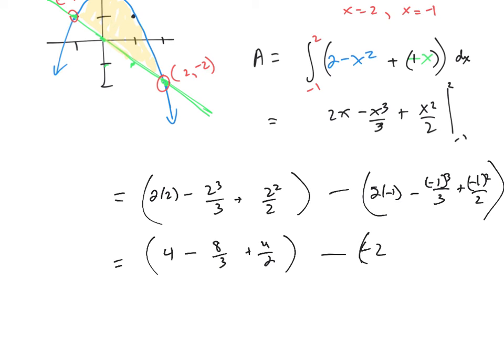And I've got a -1/3 plus, minus a -1/3, so that's going to be plus 1/3, and then plus 1/2,